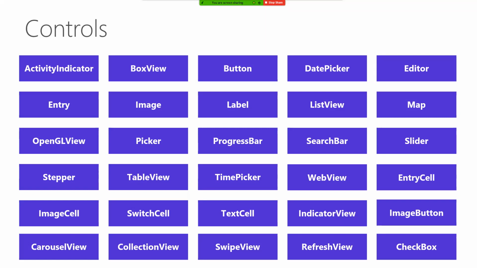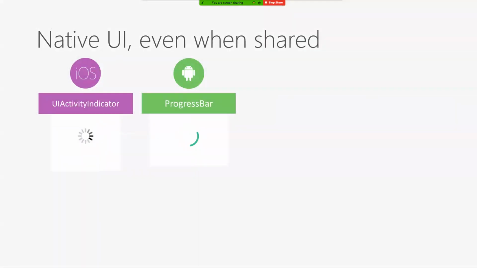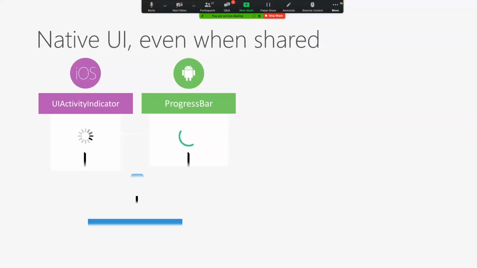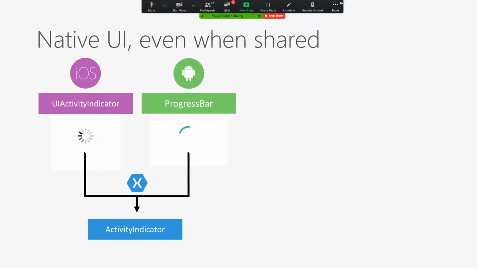But this is actually, I think the last time we updated this was probably February, this slide. We have to update it again, but it's going to require shrinking everything to almost like non-readable. So there are a whole lot of controls you can use. And I mentioned their native UI. So what that means is that under the hood in Apple, you might have your loading bar look like one thing, and on Android, it's called a progress bar. It looks like something else.